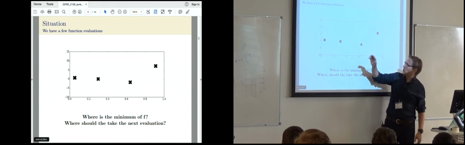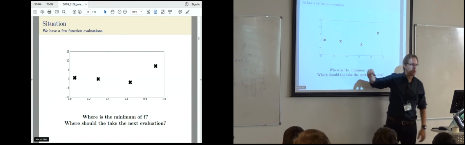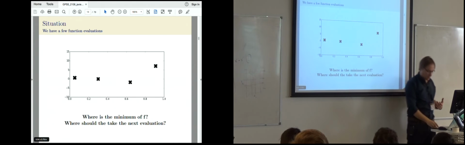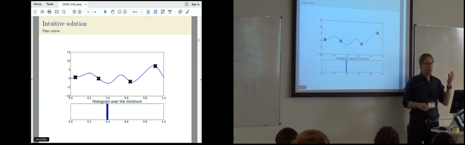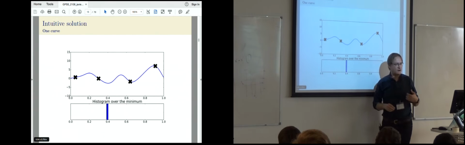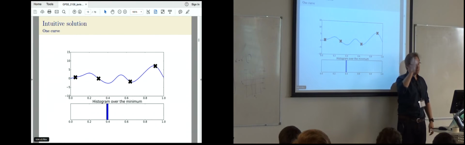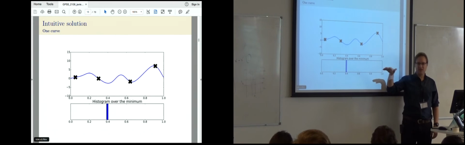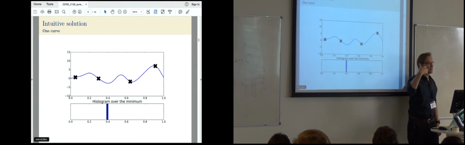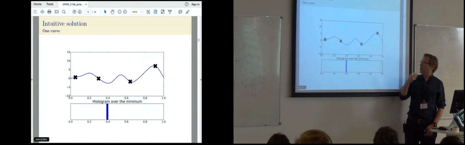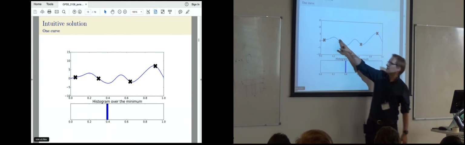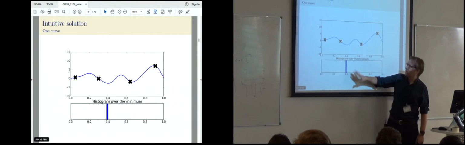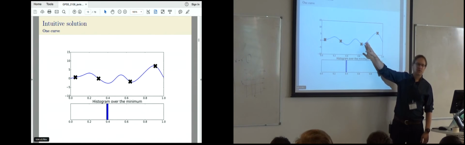Gradients are decreasing, so this is higher than this. We know that this is Lipschitz continuous, so we don't expect this to drop or grow radically. So what happened here is that those of you who thought that the minimum of the function is in this interval over here, I guess what happened in your brain is that, given the information that I gave you and given the data that we have collected about the function, you have created an idealized version of the function. You said, well, it goes through the points, it maybe oscillates a bit, so maybe the minimum is somewhere over here, right? So what I'm plotting here is just the histogram of the minimum of the function that I have